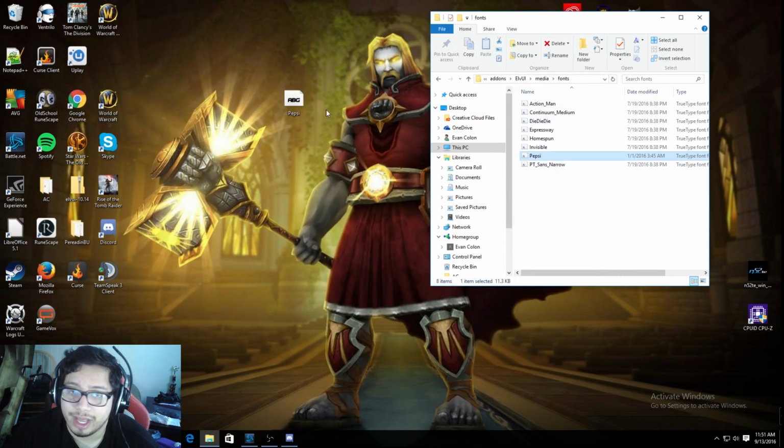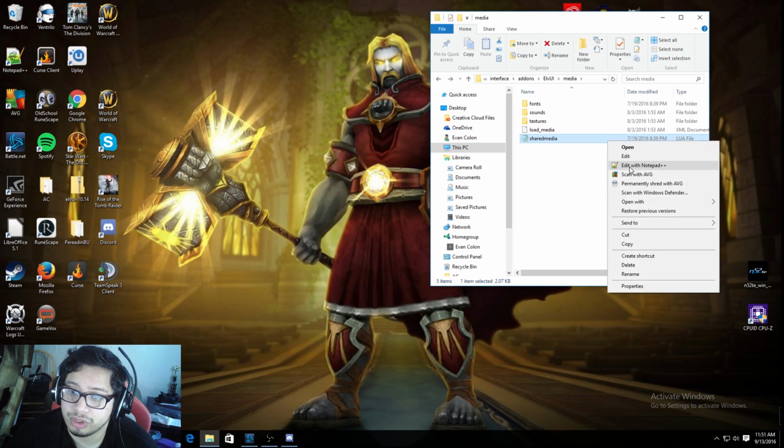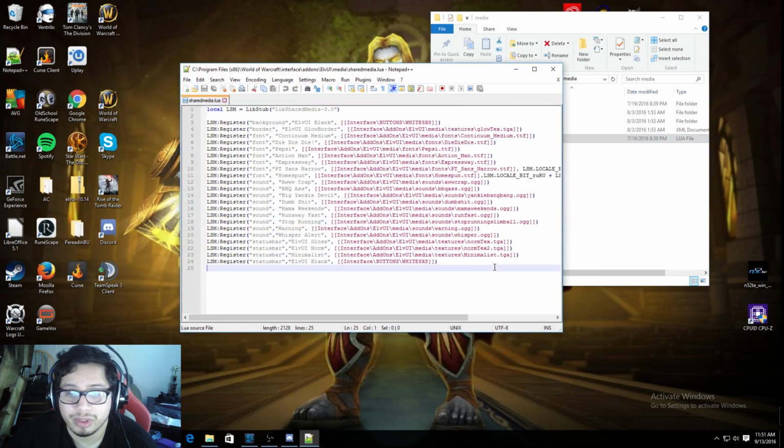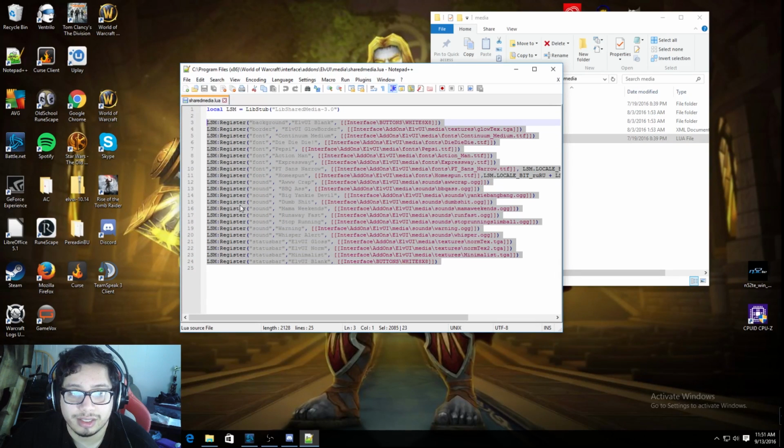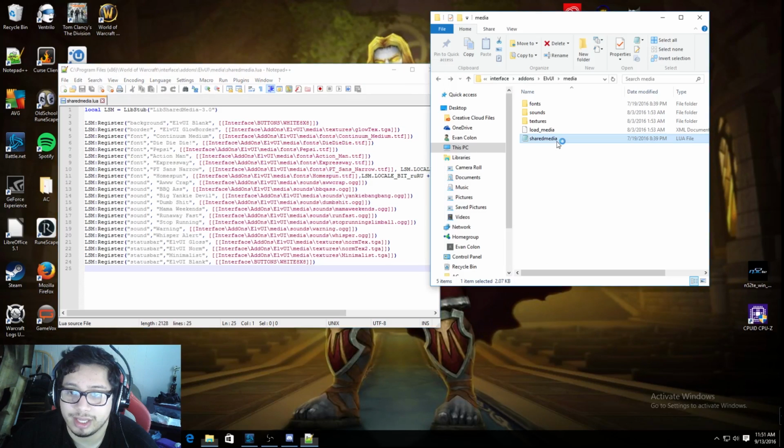After you're done with that, this is the most important step in order to get this to work. A lot of people skip this and end up screwing themselves over and wondering why it doesn't work. The next thing you're going to do is open up the shared media Lua file with a text editor. I use Notepad++ as it puts everything in different lines, where a different text editor, say like Notepad,